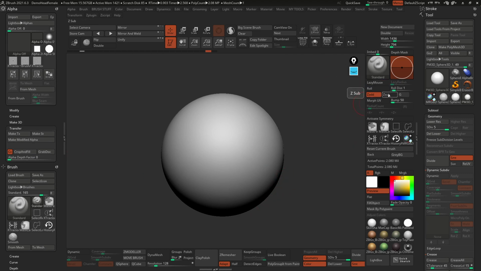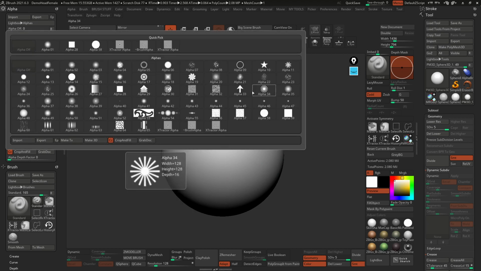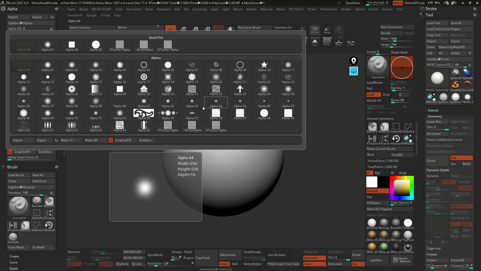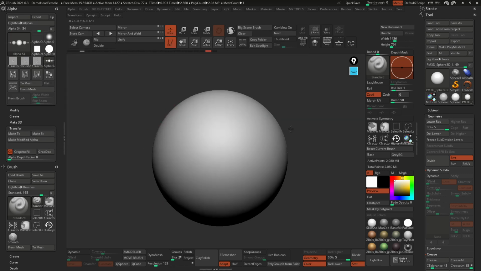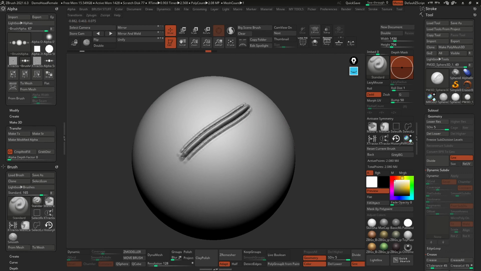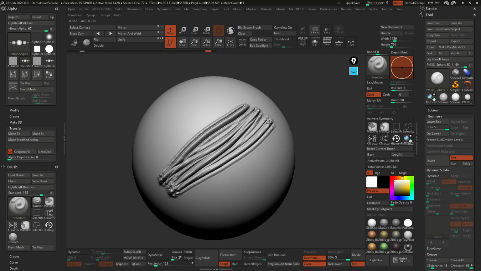And if you want, you can switch this to C-sub. I think I'm going to leave it as C-add for the time being. And we're going to change the alpha. So instead of using the alphas that we created, that was just a demonstration of how quickly it is in ZBrush to create your own alphas. But we're going to use something that comes with ZBrush. Let's try alpha 54, right? So when you drag this one, this is the type of effect that you get, right?